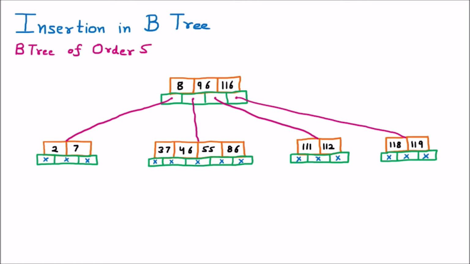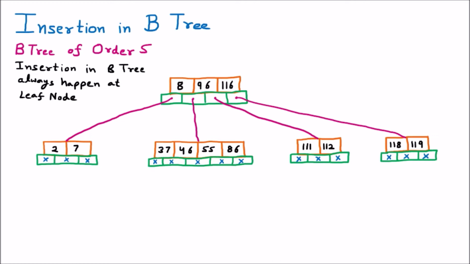into the B tree. Let us suppose here we have taken the example of a B tree of order 5. Now before going to perform the insertion, we should understand one thing, that insertion in the B tree always happens at the leaf node. Means if we are going to insert an element into the B tree, it should always be performed at the leaf node. We know that the nodes which are having no children are called the leaf nodes.